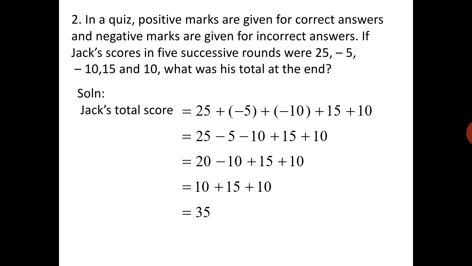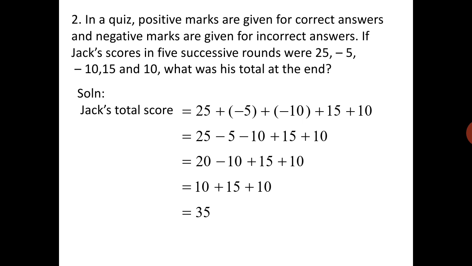It is actually compulsory. Then the third score, that is -10, is added. So it is written plus, again a bracket, and inside the bracket it is -10. Then the next two scores are positive, so it is just +15 +10, simple enough. Only you have to be careful when you are writing the negative values. You enclose them in the bracket. This is how you get the first statement.